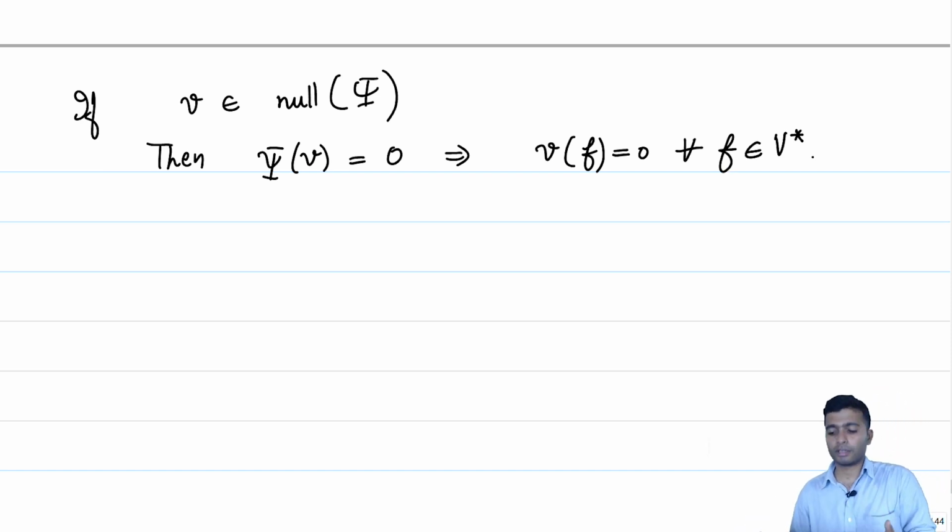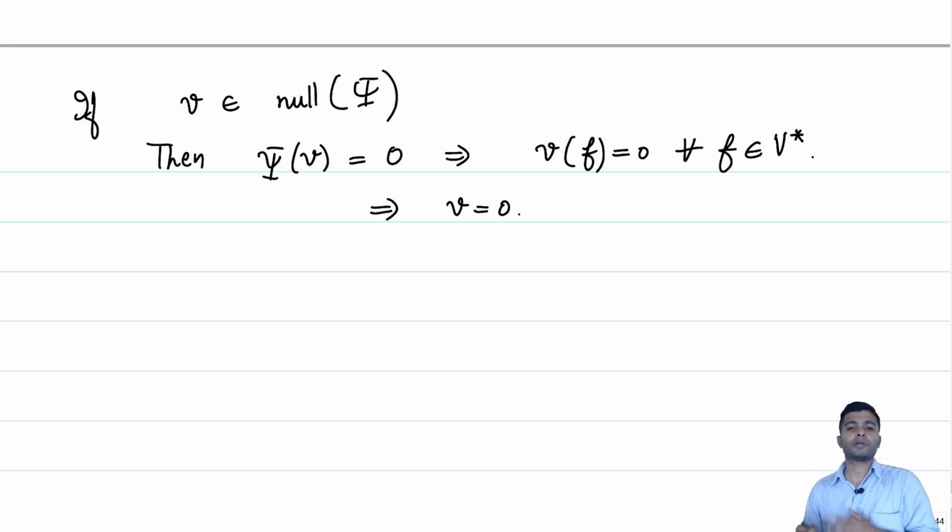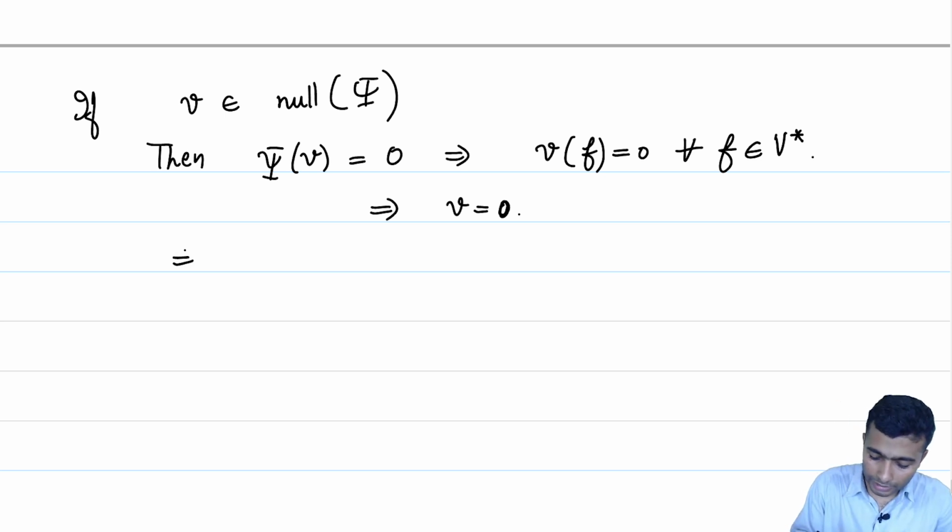But we just checked that if V is non-zero, there exists at least one element in V star where V of F is equal to 1. But that will not happen if, in fact, V of F is equal to 0 for all F, then it forces, because of the observation we just did, our V to be equal to the 0 vector, right? And this implies that psi is injective,